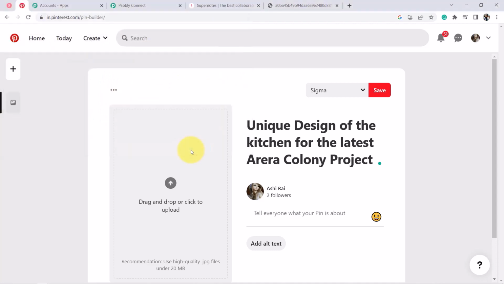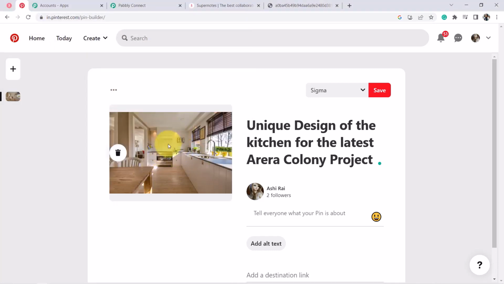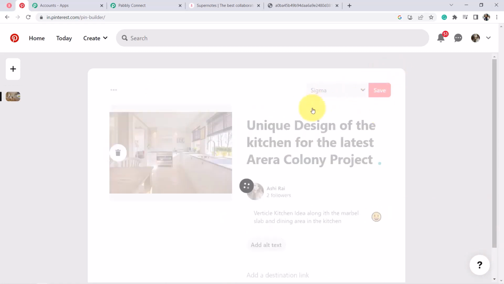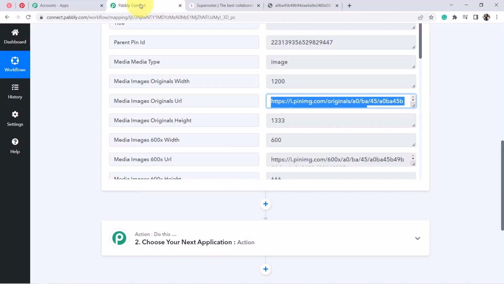Okay. All right, so I have uploaded a very nice image here, and let us add some description lines also. Vertical kitchen idea along with the marble slab, okay, and dining area in the kitchen. Okay, so I'm just adding a random description, a random image, a random content here just to show you how things can be made. And now finally I am saving this particular pin, and now coming back to Pabbly Connect,